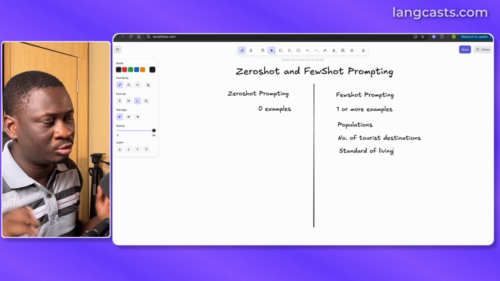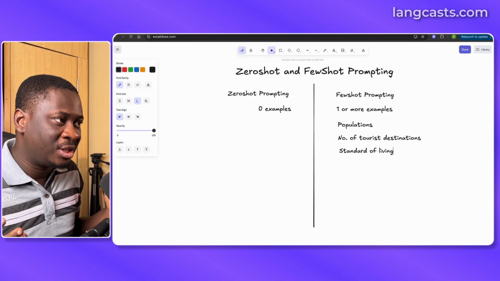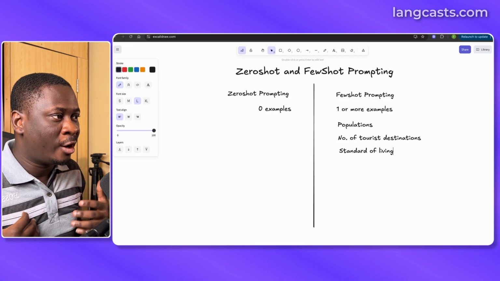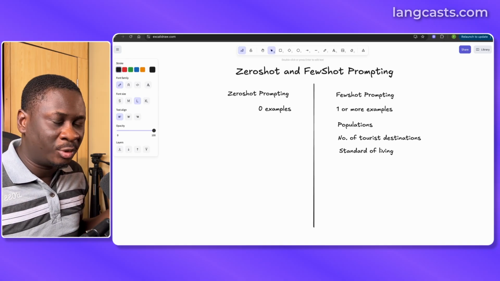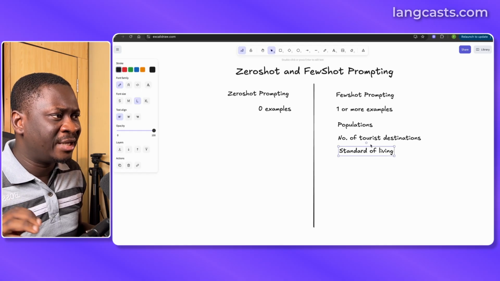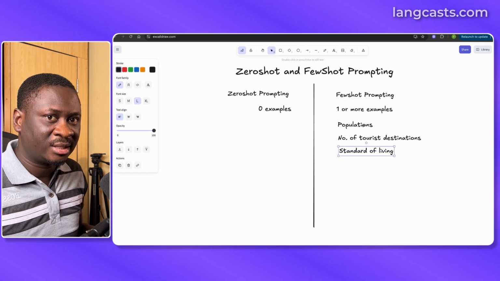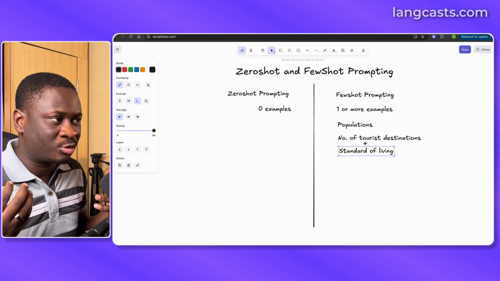Probably you are concerned about the cost of things, so you're on a budget and you want to make sure that you pick the country that is going to help you manage your money better, or you don't have to spend a lot, especially in terms of accommodation and feeding. So you tell it, compare it in terms of these 3 things. So that's one way. You're describing how you want the answer to be presented.